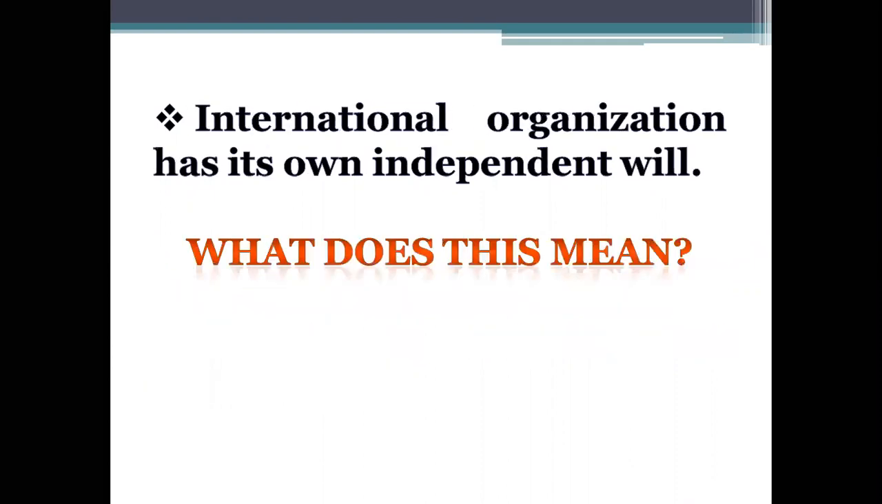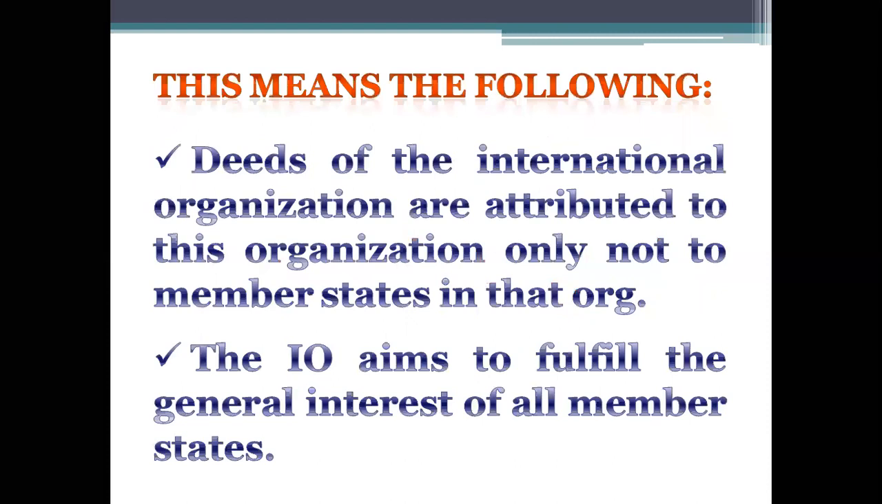The second characteristic of the international organization is that it has its own independent will. What do we mean by this? I think that we have a small idea now about what we mean by the independent will of the international organizations. Look, this independent will means the following. Number one, is that the deeds of the international organizations,